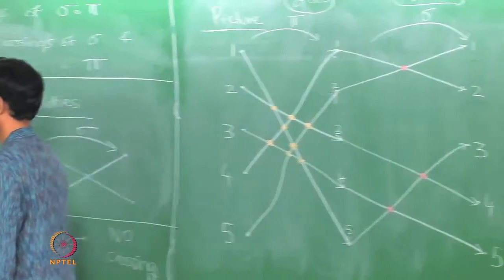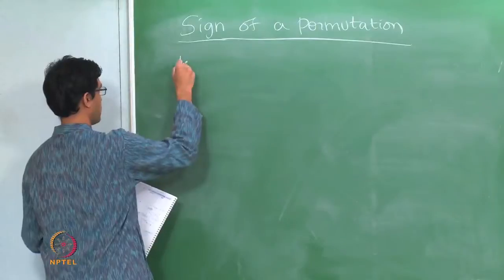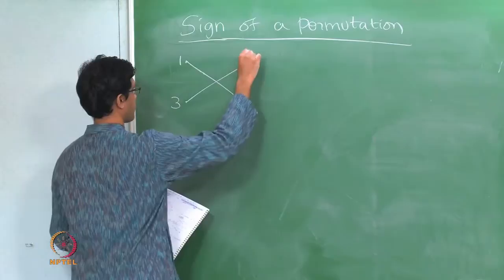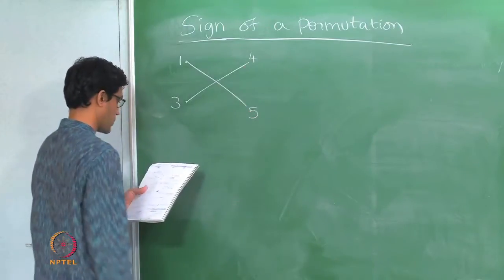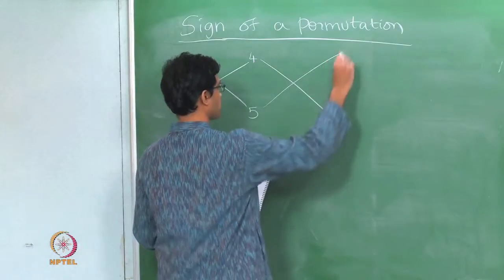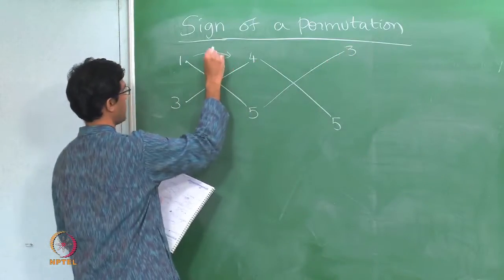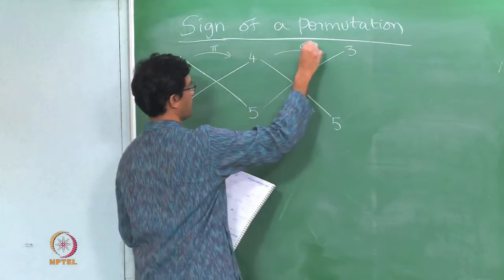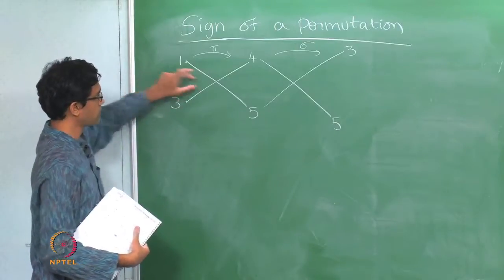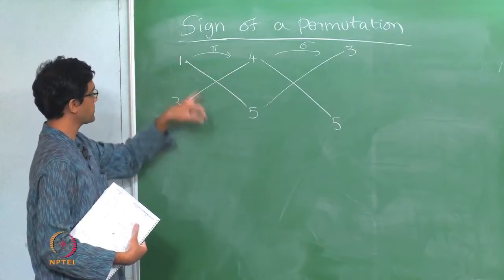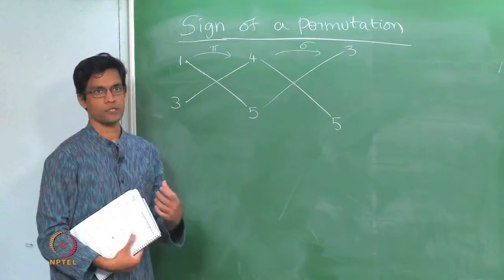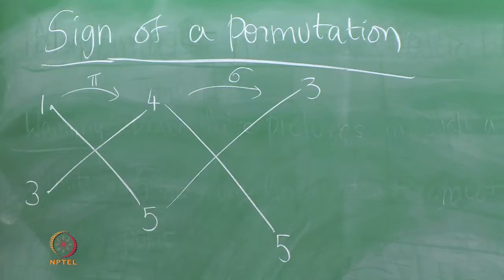So let's write this down. So here's what we have in our example. The 1 and the 3 map, in the first step, to 4 and 5. So that's a crossing. And in the next step under sigma, 4 maps to 5 and 5 maps to 3. So this is under pi, and this is in the diagram for sigma. I am not drawing the full diagram, only the relevant part. So here is an example where I have two crossings, and in the final answer 1 maps to 3, that is a composition, and 3 maps to 5. So there is no crossing anymore in the final answer.